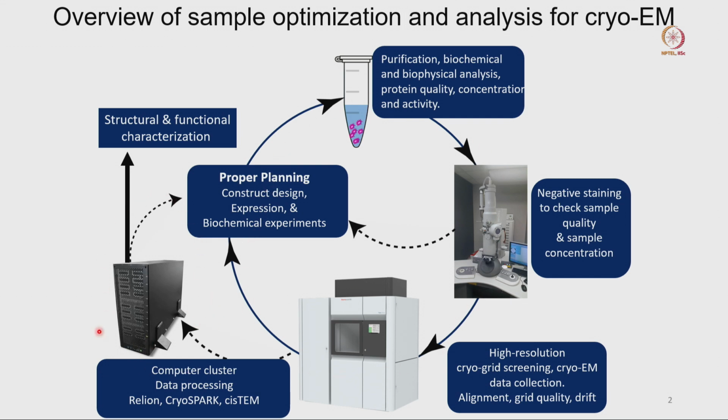Otherwise, we will use different types of algorithms to process our data, and there are a couple of data processing tools available, called RELION, EMAN, and cryoSPARC. We can use these to characterize a 3-dimensional structure. So finally, if we combine all of this, we will get the structure, and from these two steps we will get the functional characterization also. At the end of the day, whatever you are doing in this particular step will also be useful.